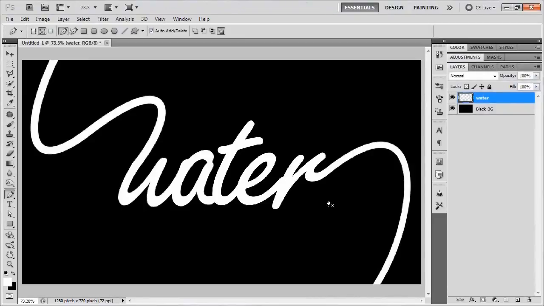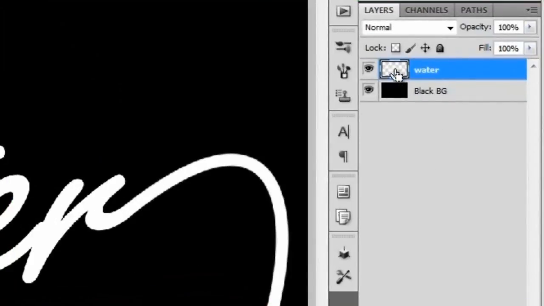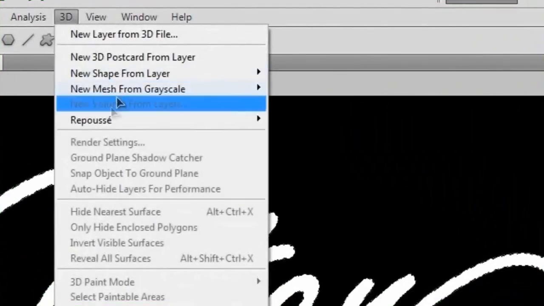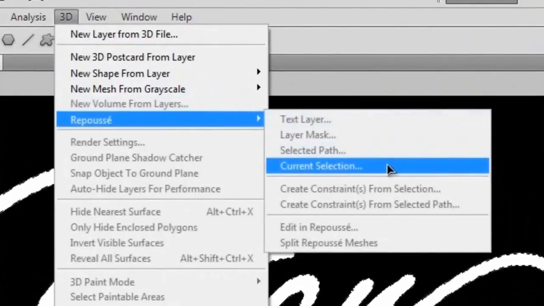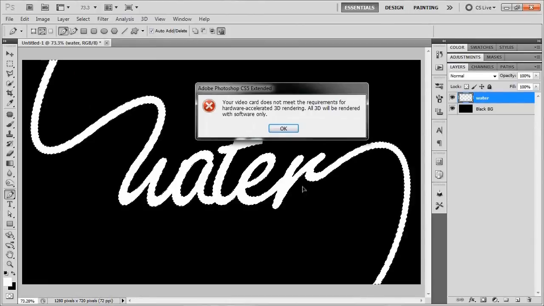Alright, so now that we've got this taken care of, what we're going to do is control click or command click the thumbnail for the word water, and that's going to load it up as a selection for us. And now we're going to go to 3D, Repoussé, current selection, and that's going to turn the current selection into